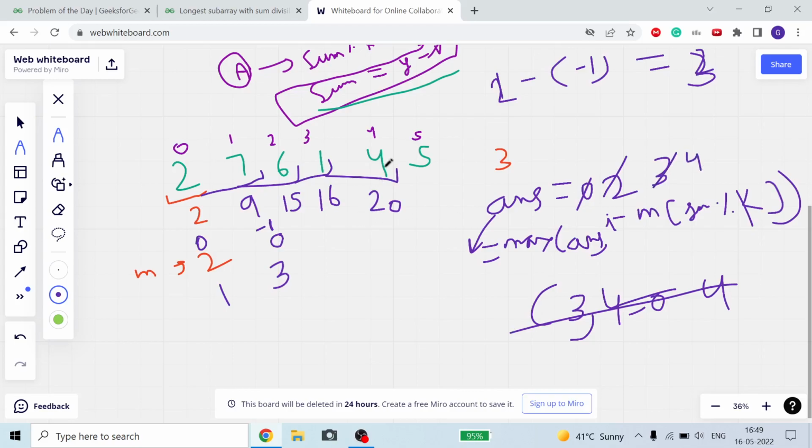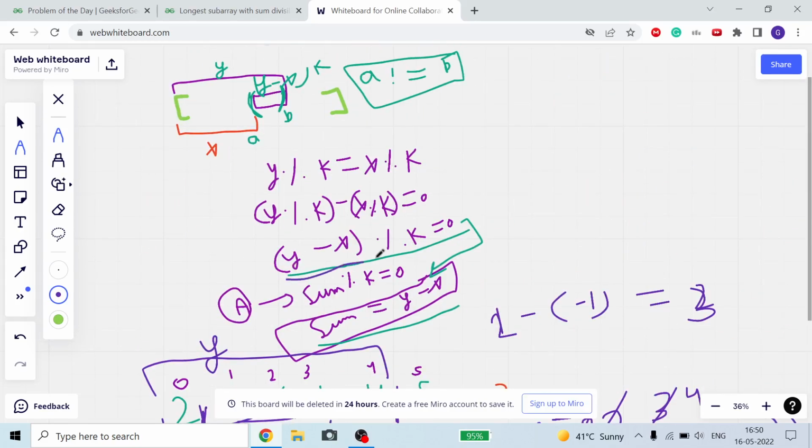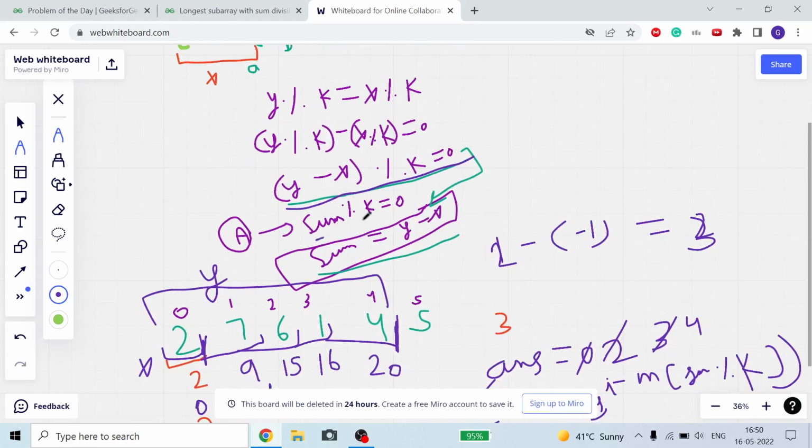So it means the modulo we have here is the same modulo we have here. In this case, this is our x subarray, this is our y subarray. If y modulo k is equal to x modulo k, then y minus x modulo k is equal to 0, and we need to find a sum modulo k equal to 0. So sum is equal to y minus x.